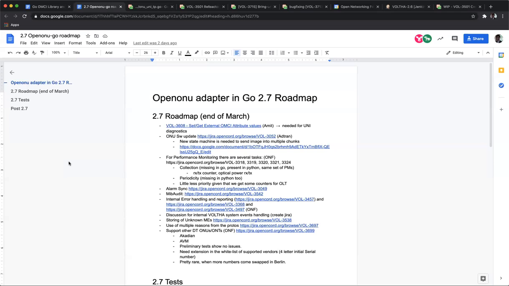A big item that we need, well, it's not really a feature, but more of an internal rework, is that some errors at the moment are logged but are not reported. This does not impact functionality, but we might have occasions where we don't recover from an error or we don't get into a better state because we're not properly reporting it.